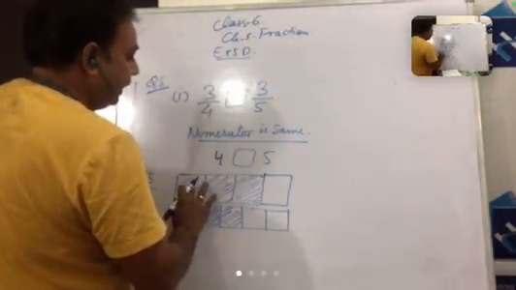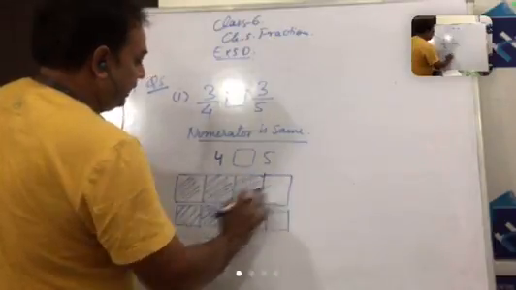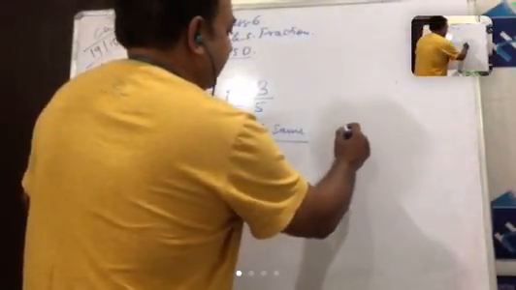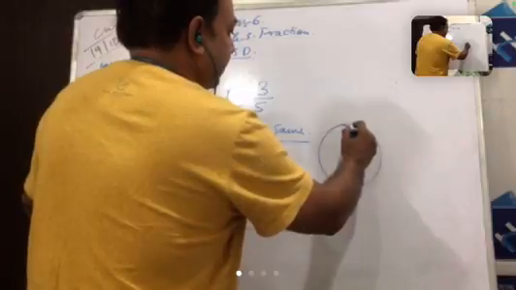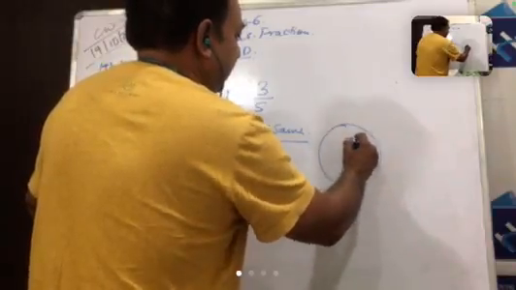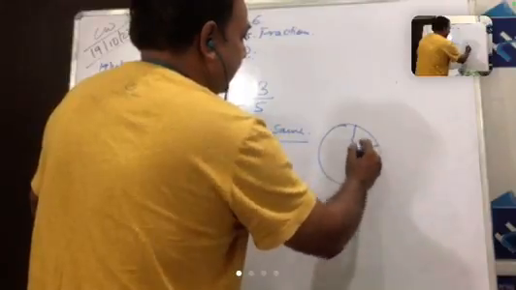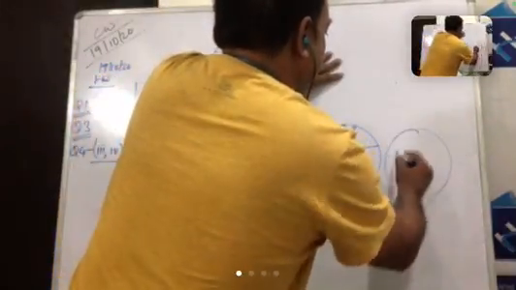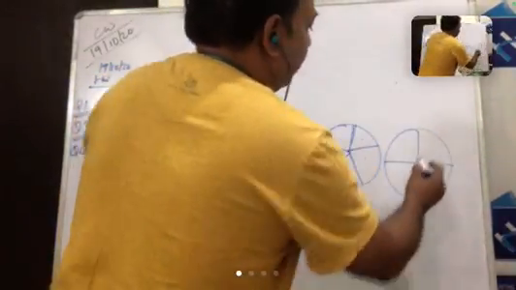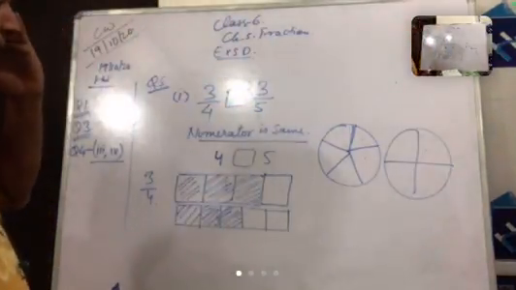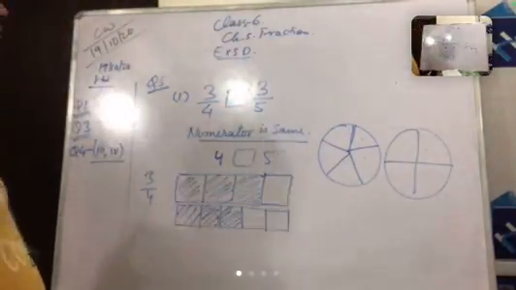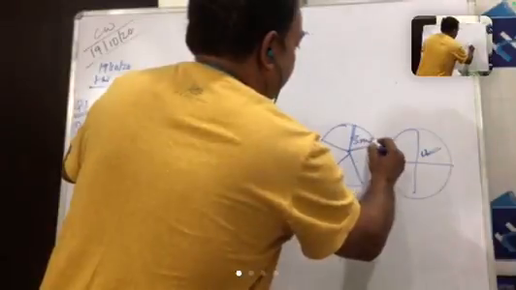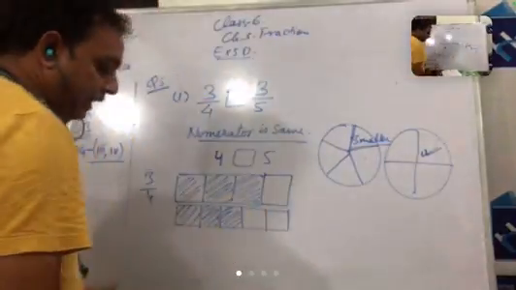See, देखो यहाँ पर कितने पार्ट है? 1 2 3 4 पार्ट्स है. यहाँ पर कितने पार्ट्स है? 5. अब अगर इसको हम एक छोटा सा एग्जांपल लेते हैं कि हमने एक चपाती लिया और उसके 5 पार्ट्स किए. आस्था, you can listen carefully. एक चपाती का हमने 5 पार्ट किया, और एक चपाती का हमने सिर्फ 4 पार्ट किया. Which one is a greater piece? Asta, this part is greater. Understood? This is smaller. ठीक है, ये सिर्फ समझाने के लिए बताया है.